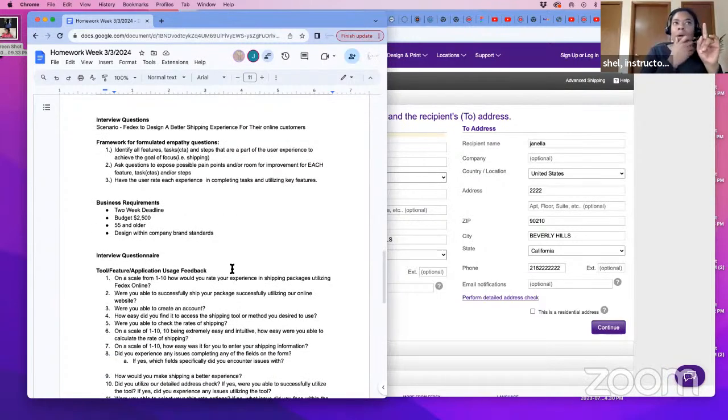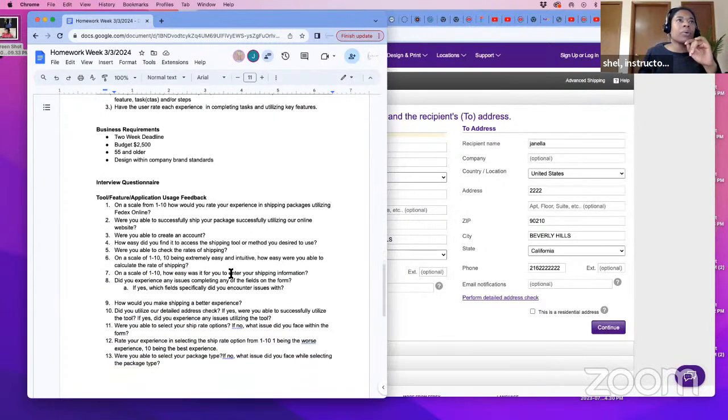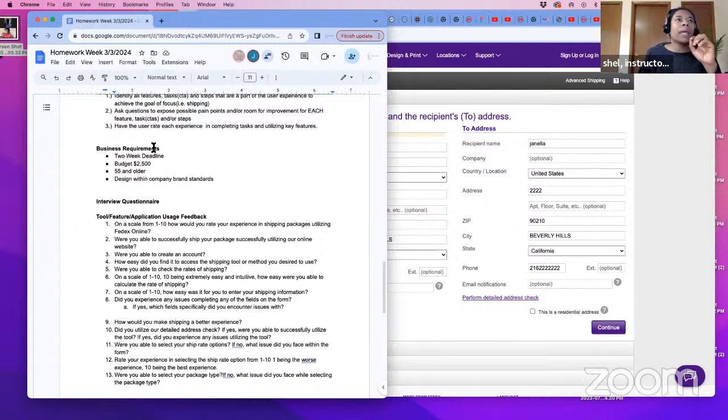Oh, before we move on, conducting this interview. So let's go back to this. When we are keeping the business requirements in mind, we have a 2-week deadline. So how is that going to impact the way you roll out these interview questions or phone interviews, whatever it is? The 2-week deadline is going to say, okay, I only have 1 day to conduct these interviews, or only have 2 days to conduct these interviews. The budget